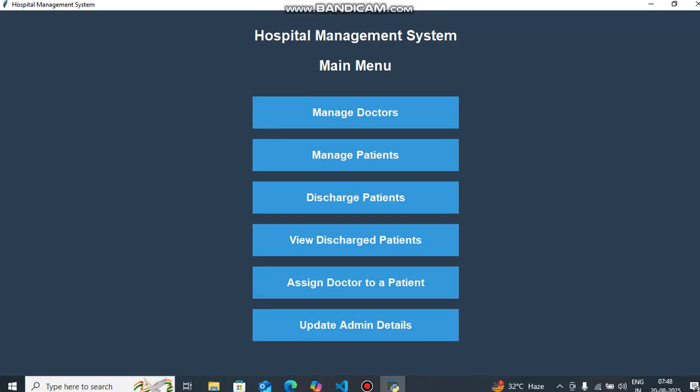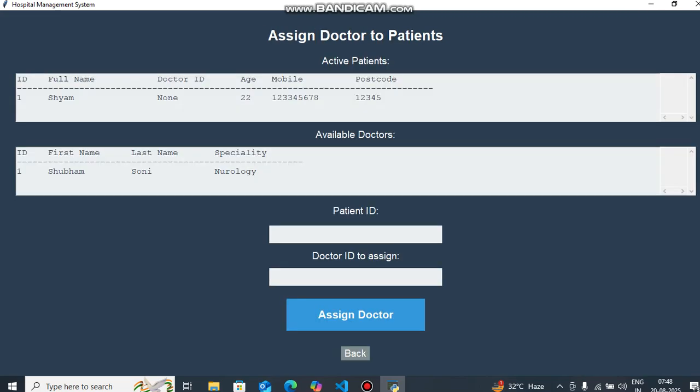Doctor add patient and discharge patient. Okay, before discharge I will show you how to assign a doctor to a particular patient. Now the active patient is Shyam and the doctor is Shubham. So patient 1, Shyam, and doctor 1, Shubham.